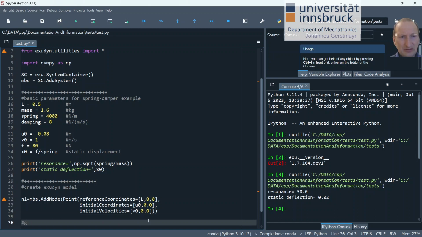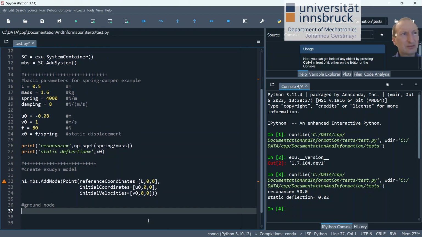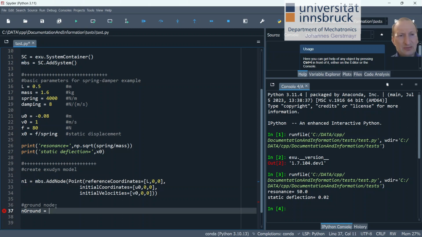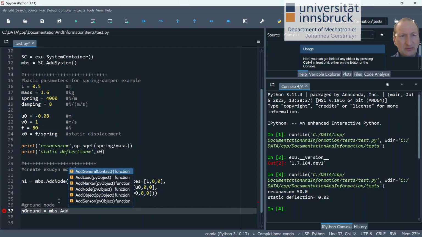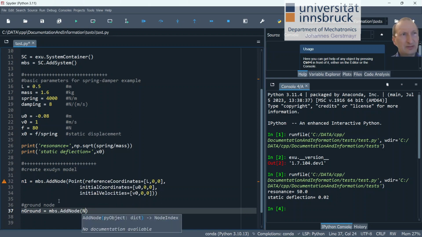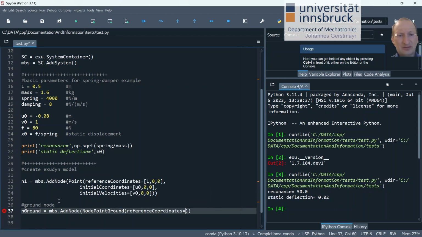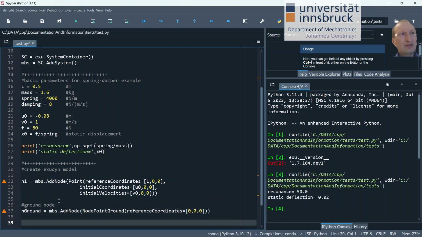We then add also a ground node, which is a node that is always fixed. So call it nGround. So again, as in the basic tutorial, what we get back from AddNode is a node number. And so we add another node, and this now is a NodePointGround, which is a node that is fixed, that cannot move, has no unknowns, and it just gets reference coordinates, and we use 0, 0, 0 here as a reference point, where we can attach now